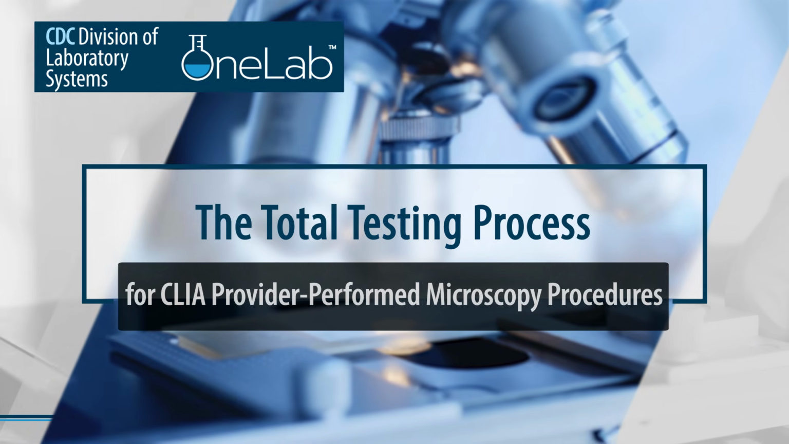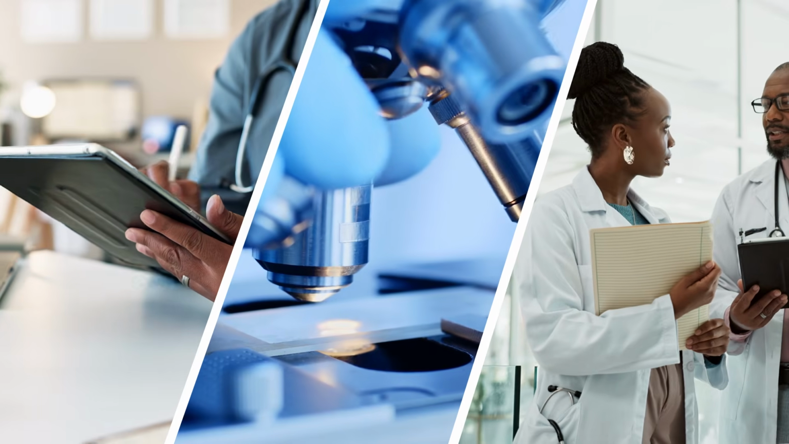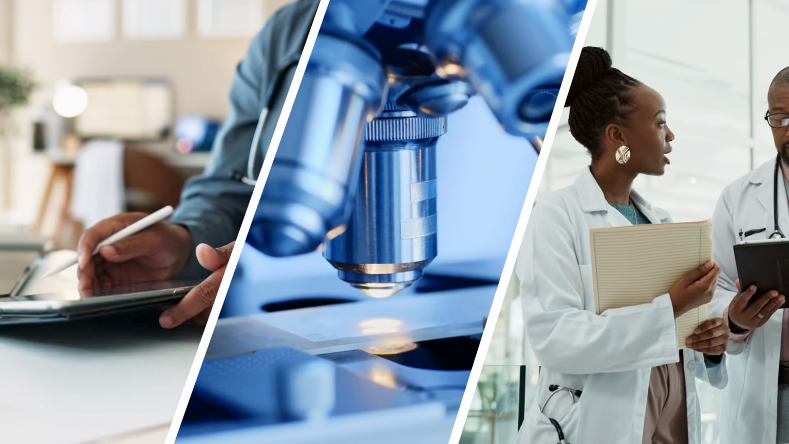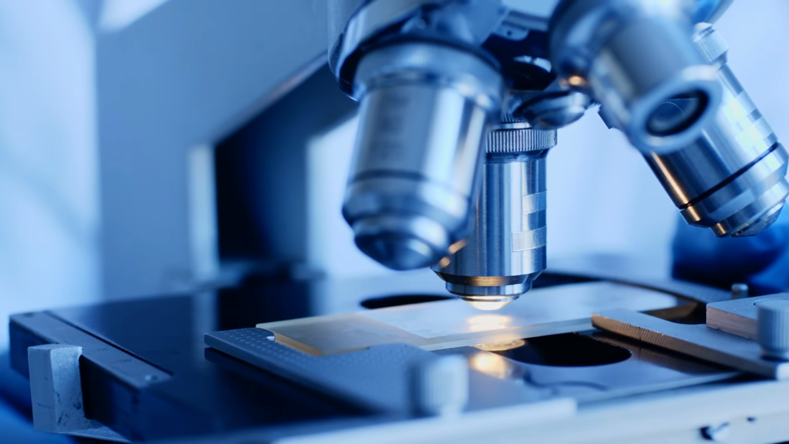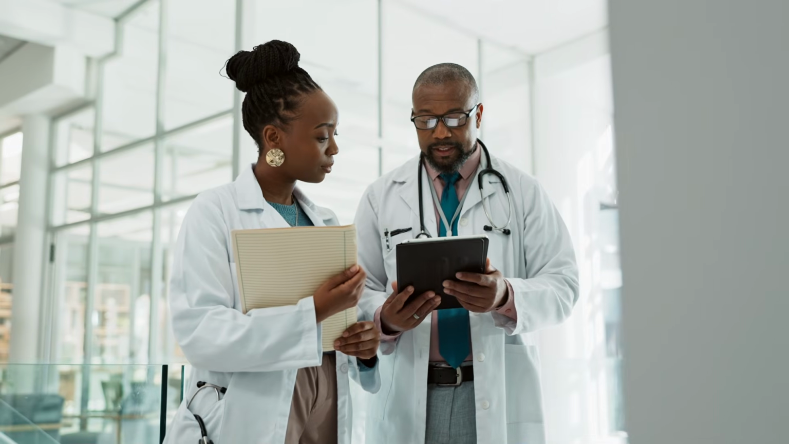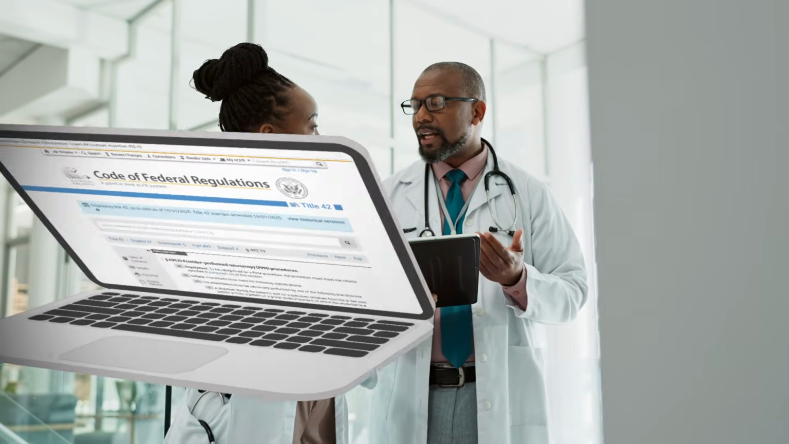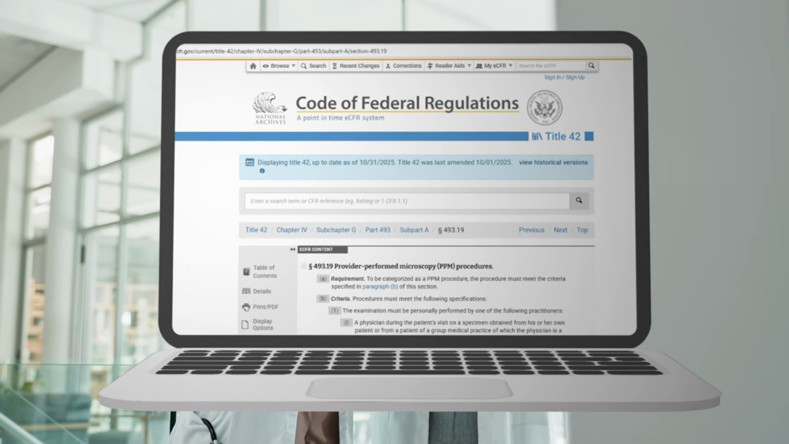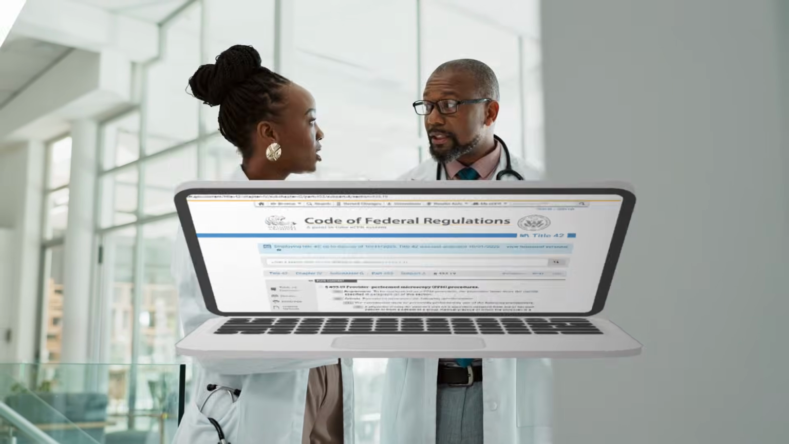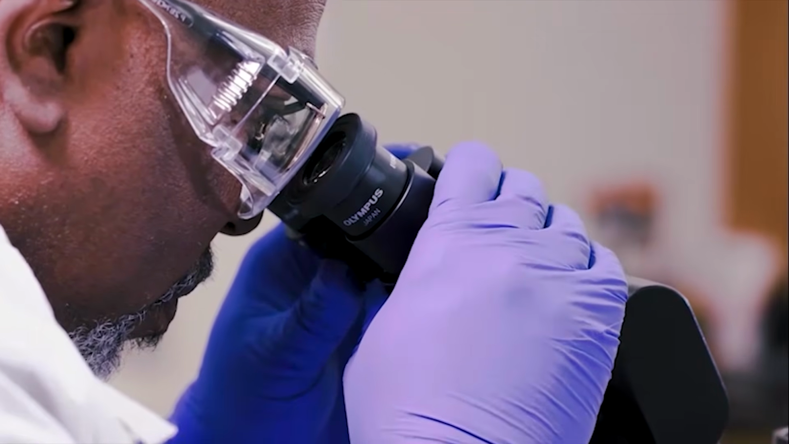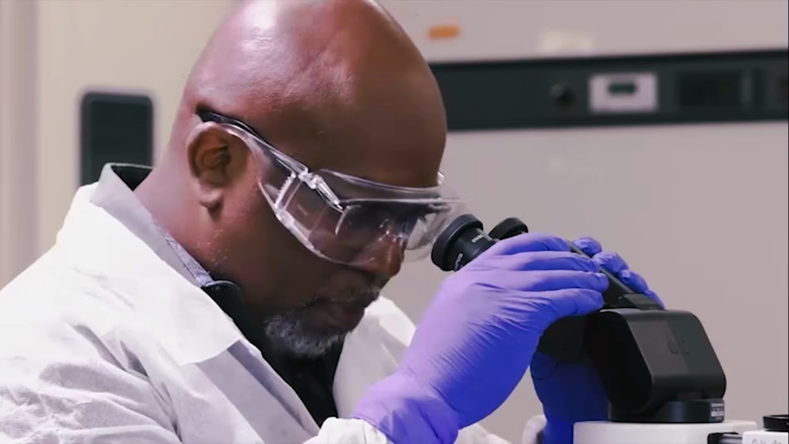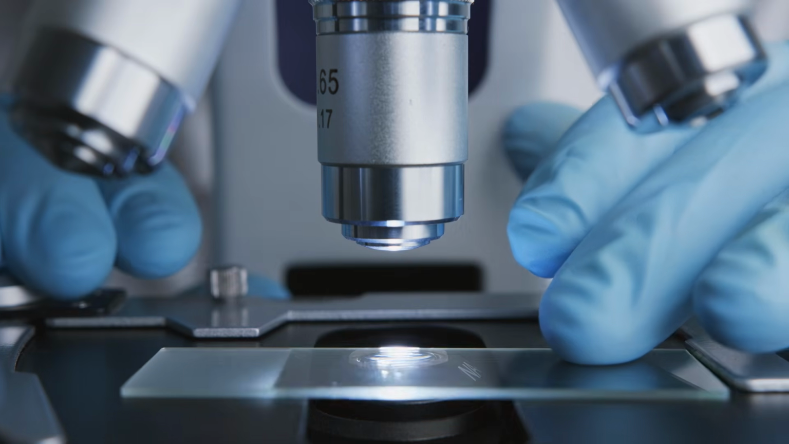The total testing process is a guide for clinical testing that encompasses all the steps in provider-performed microscopy, or PPM, procedures. This video is intended for physicians and other individuals authorized to perform tests under a CLIA Certificate for PPM procedures. Remember, testing under the CLIA Certificate for PPM procedures is restricted to 9 examinations using bright field or phase